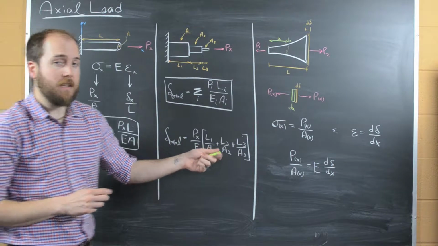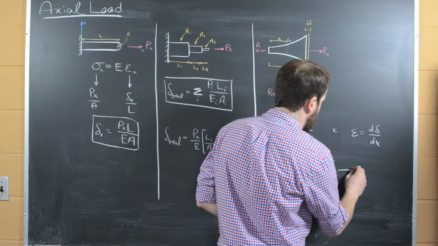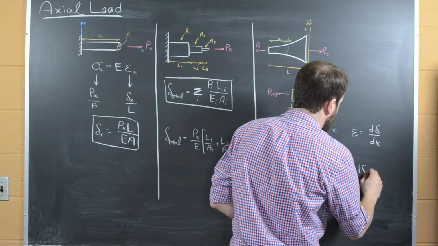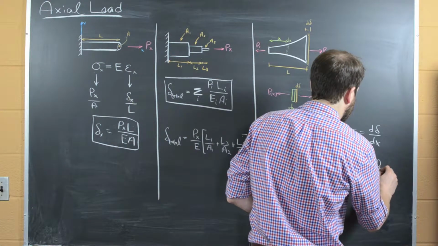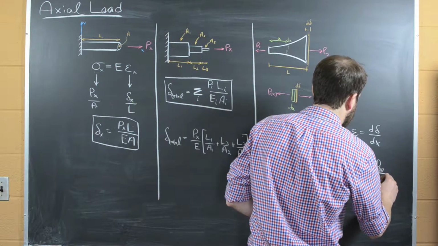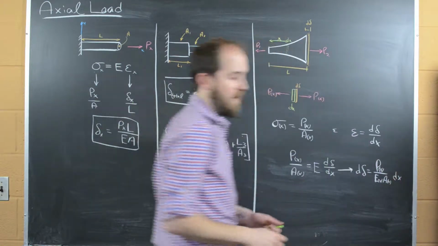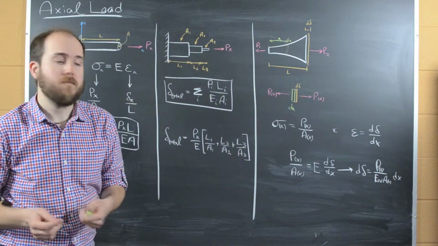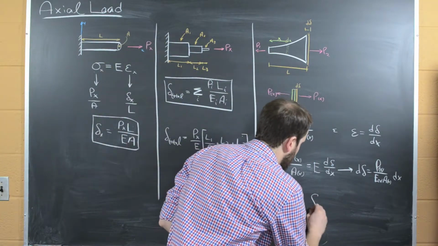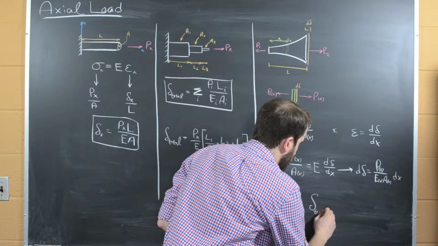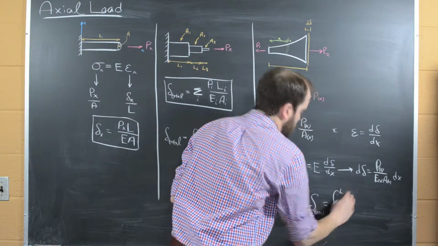And if we solve for dx, solve for d delta, we can get that d delta is just going to be equal to p, it's a function of x, over e a times dx. And now all we have to do is integrate this equation along the length of it, and we arrive at the total deflection of this rod, which would be equal to the integral from 0 to L